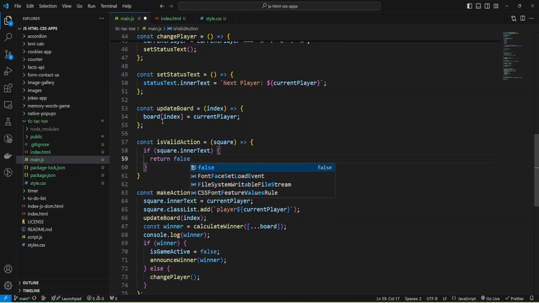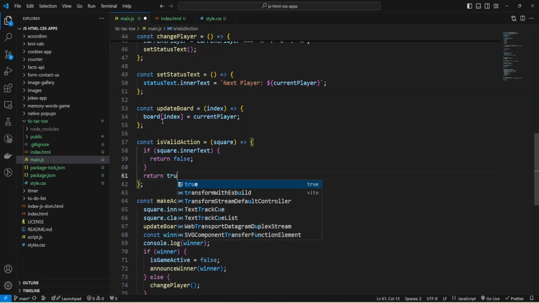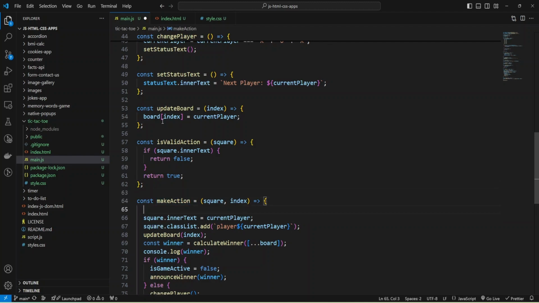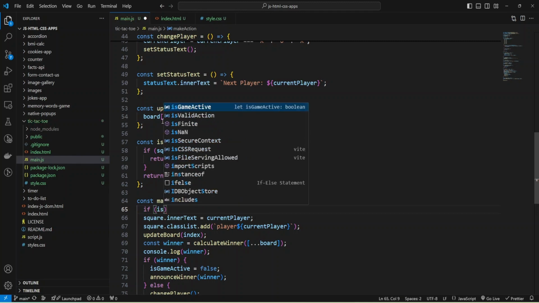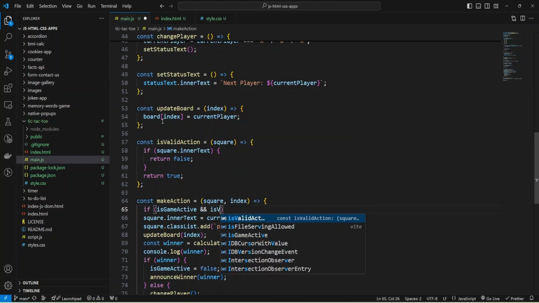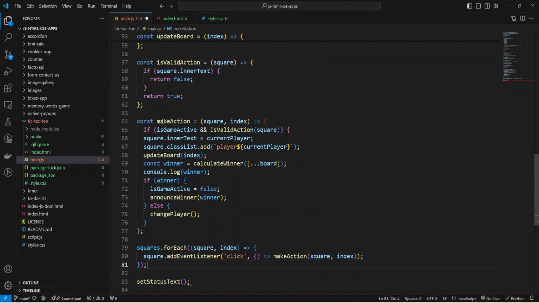Return false. That means that we marked square as X or O. Otherwise, we'll return true. And we need to add this check in our make action function: if is valid is game active and is valid action and provide now square. This means we can continue the game.